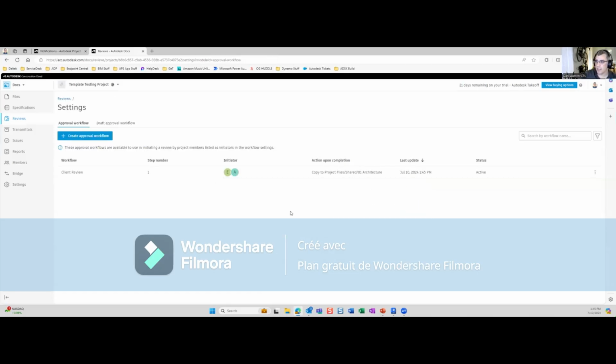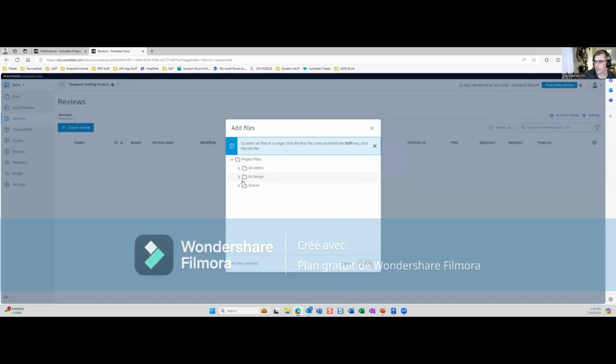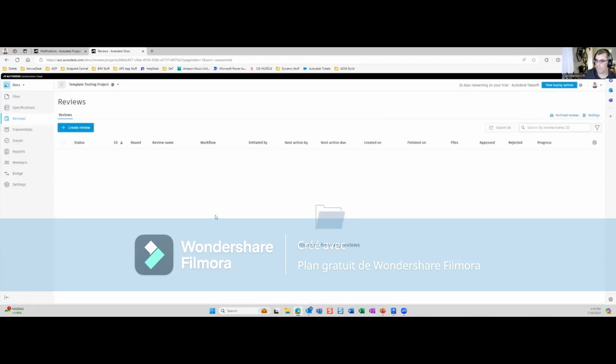And once it's done, now under my approval workflows, sorry, let me go back to my reviews. Now I can create, if I pick a file here. I don't think I actually have any files. So there we go, I have a Revit file here. Now I can come in here and say, all right, I'm going to send this to my client review process. So reviews are really cool. I would highly recommend you check them out if you can. So I am going to